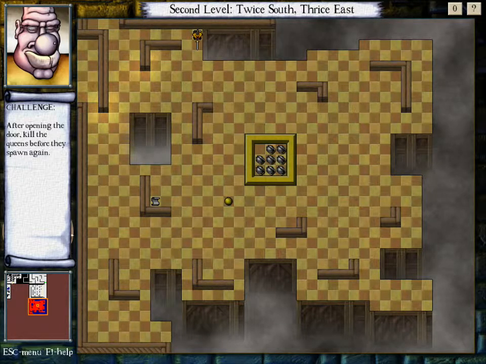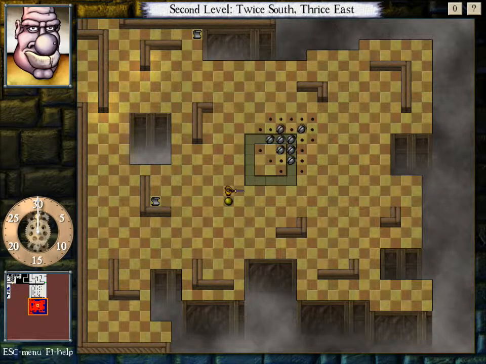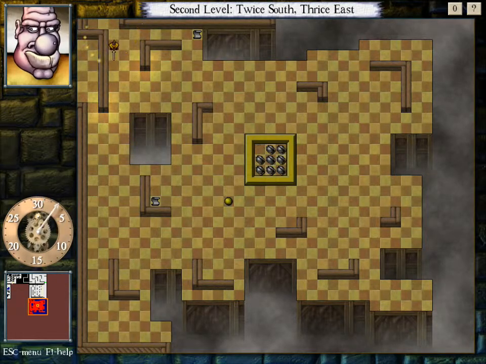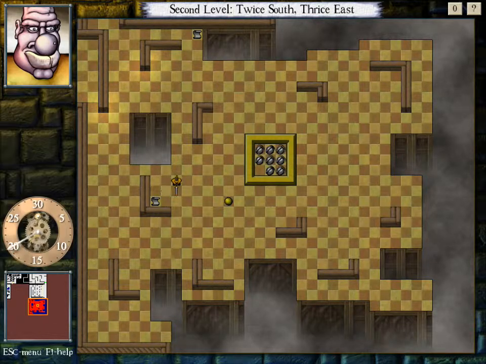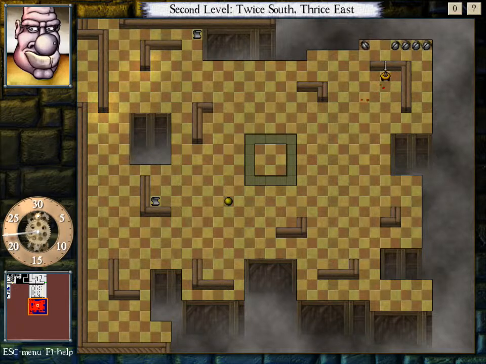Challenge. After opening the door, kill the queen before they spawn again. Which basically means, yes. If you do this, they'll spawn a ton of roaches. You can chase them and stuff. It's just really difficult. And actually, this note over here says, good timing makes things a lot easier. Which was kind of a hint to this challenge. So what we want to do is spawn one roach. And that's all you want to ever spawn. So, yeah, we're going to do this. And so basically what we're doing is...